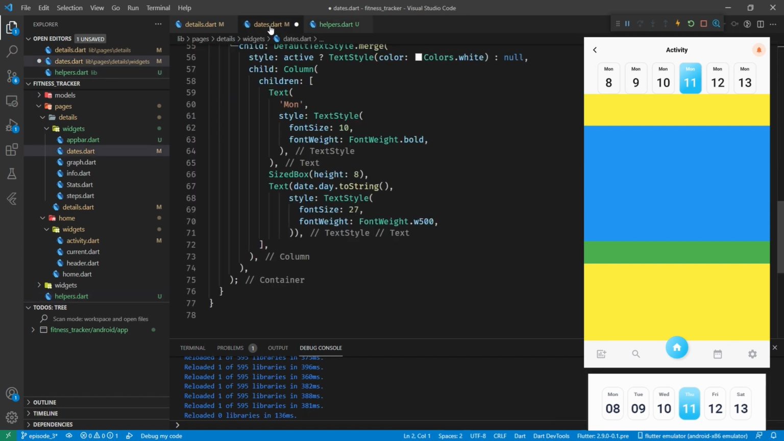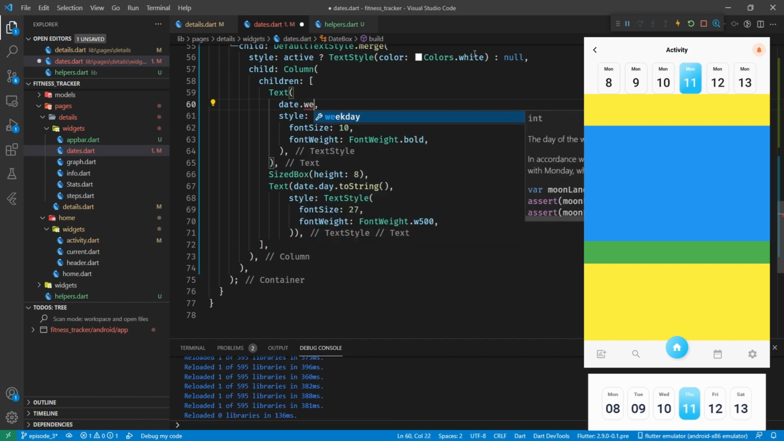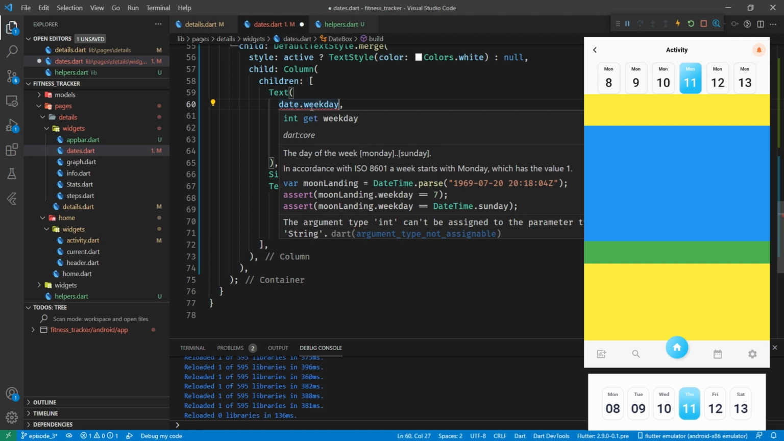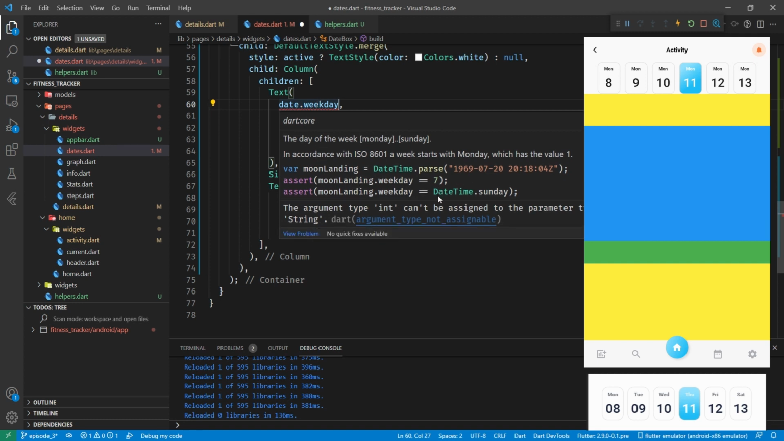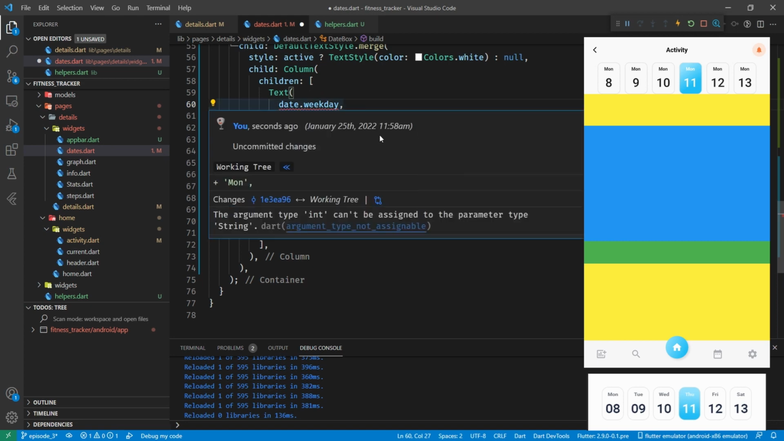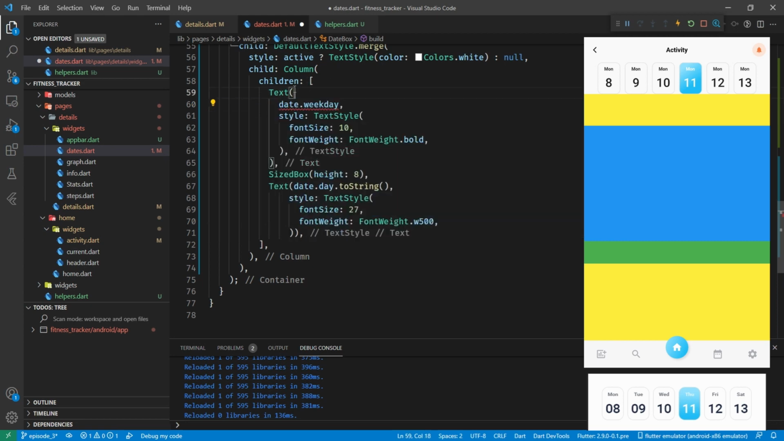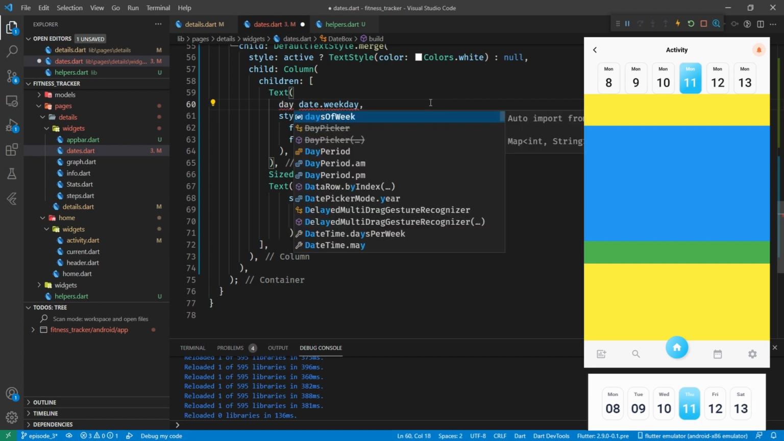Okay, so coming back to our dates, where we've got Monday, instead of having Monday, what we're going to do is say, take the date and give us the weekday from it, which is a number. And you can see here that it gives you the example, the moon landing was on day 7, which was a Sunday. So we know that 7 is Sunday. And we're going to wrap that in the thing that we've just created, daysOfWeek,